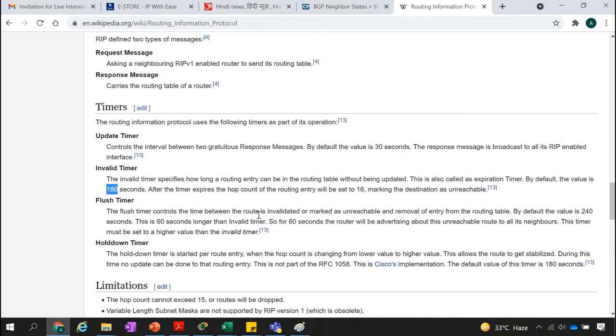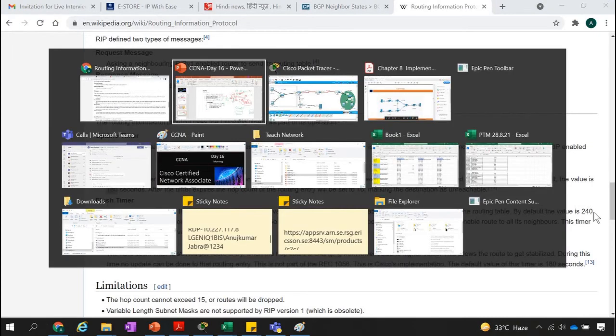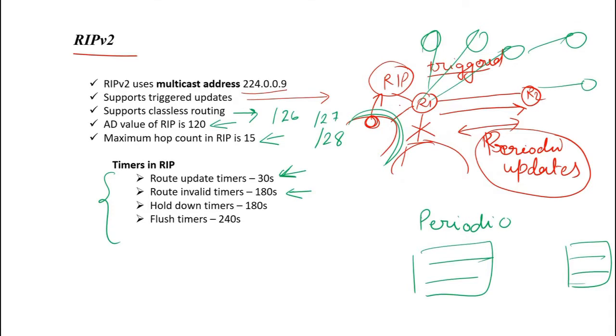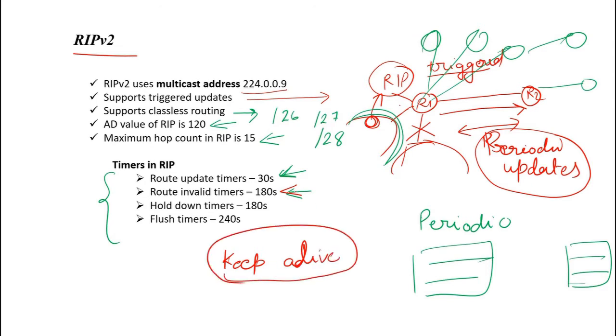And the flush timer's default value is 240, which means 60 seconds more than that. That's okay, so I have written it right, and there's no confusion. The invalid timer works like this: the router keeps sending keepalive messages to the neighboring router, and if it does not receive a keepalive for 180 seconds, it declares the route invalid, because that route is invalid.